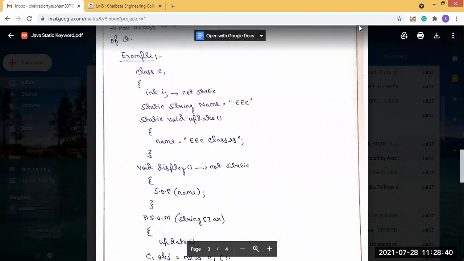So let's say this is the example we have taken again, that there is a class C1.